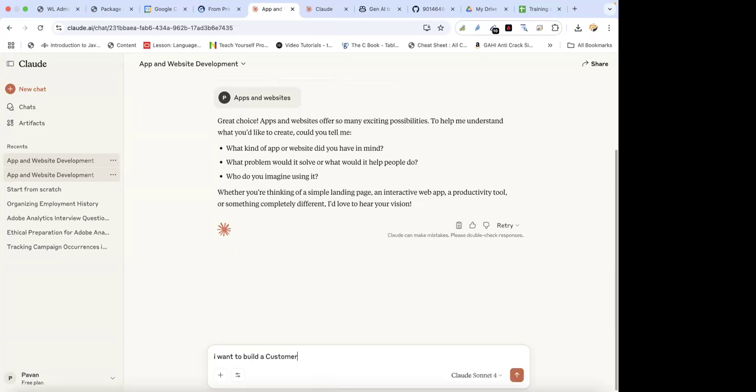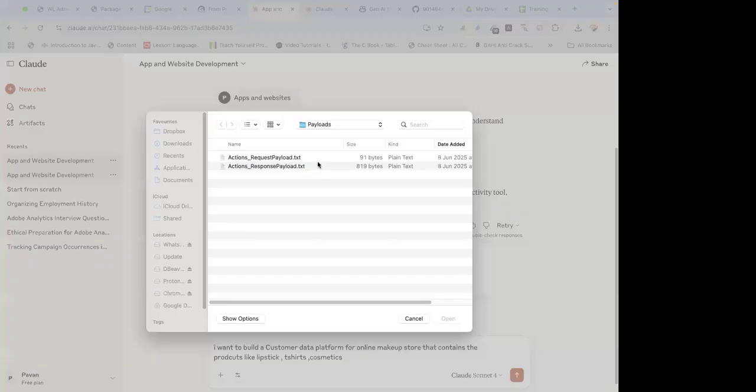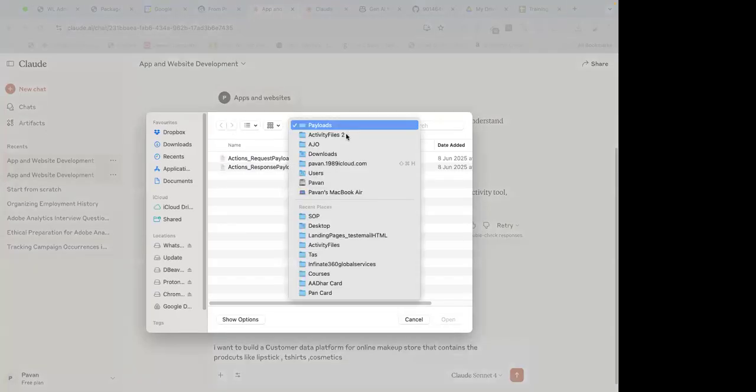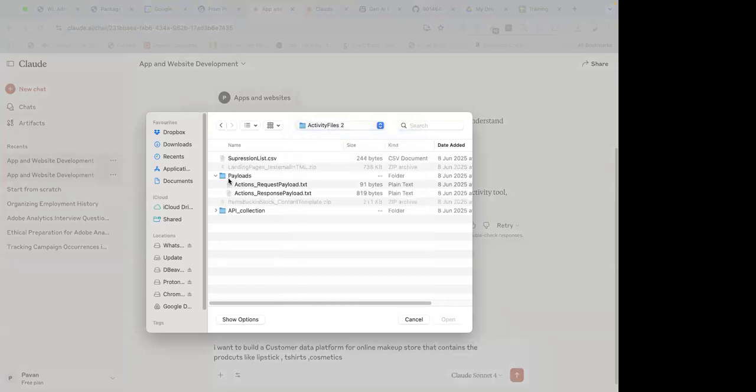CDP, or customer data platform, for an online makeup store that contains products like lipstick, or, I don't know a lot of products, so let's have t-shirts, or cosmetics. I'll be utilizing whatever file I want to take, right? I'll be utilizing the data that is readily available, right? So here,